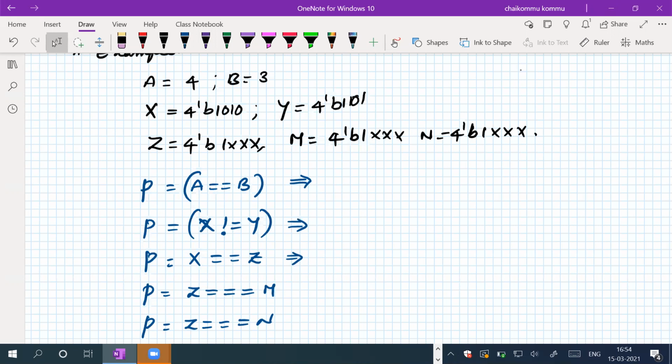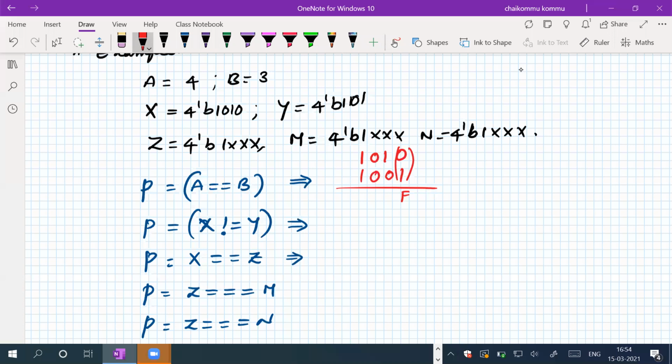Okay, so let us consider A and B. What is the A value? A value is equal to 1010. What is the B value? 1001. So this is bit by bit. Are these two equal? No, unequal. So that means it's false. Okay, if any one of the bits is false, the total value is false. P is equal to false. That is, 0 will be assigned to P. Right?